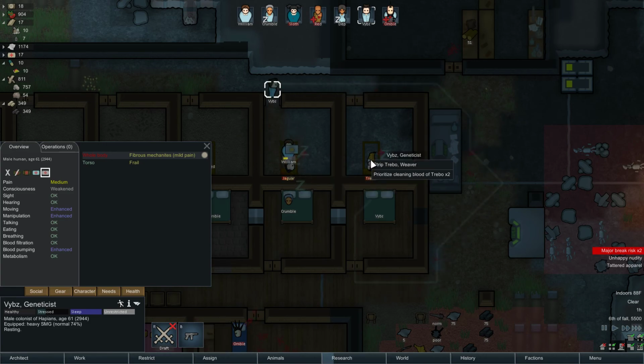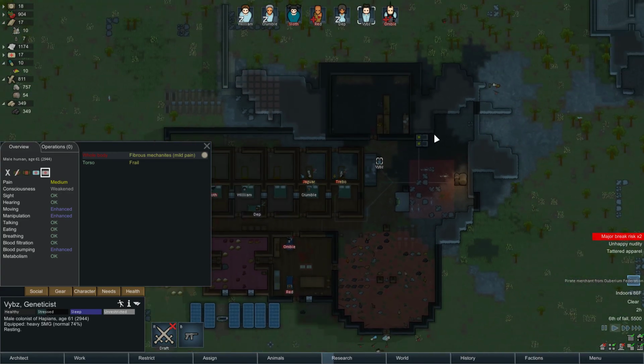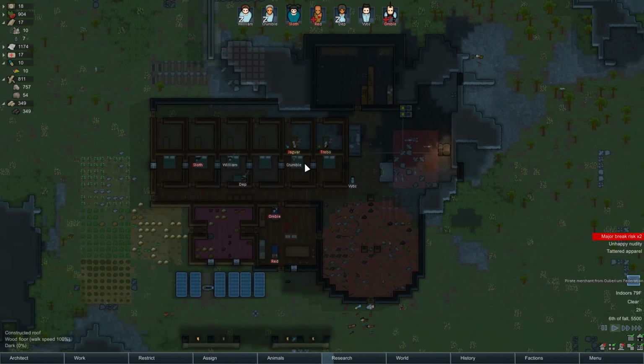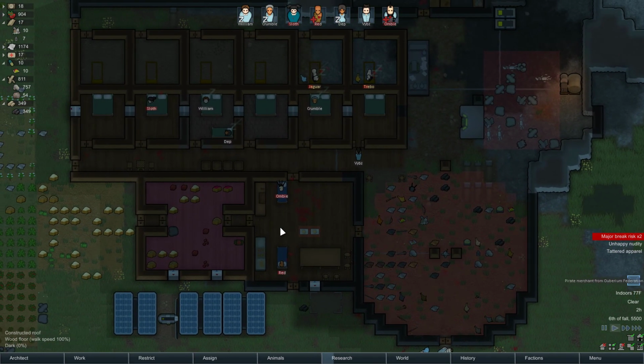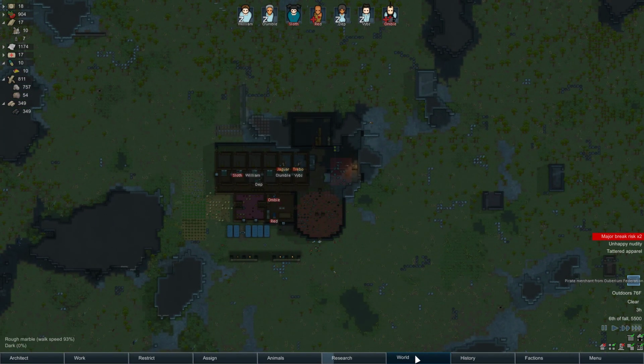I think I'm also going to strip these guys, because then I'll at least get their clothing. Ooh, we just got a pirate merchant. That means I could sell these guys if I wanted to. I feel like they came just because they knew we got attacked by some tribals, and they're like, hey, we can get some cool tribal slaves out of this deal. But no, I think I'll try to get friendly with...